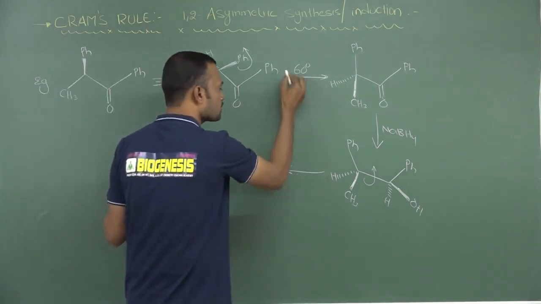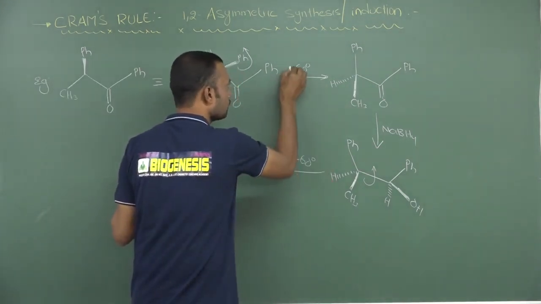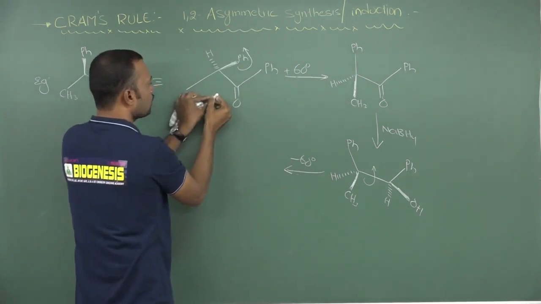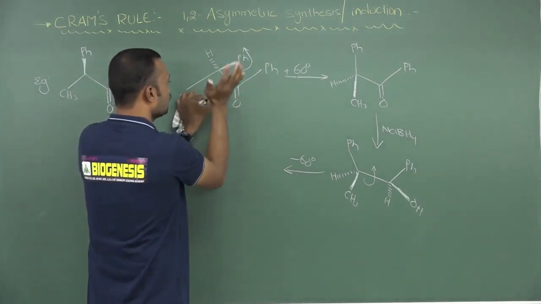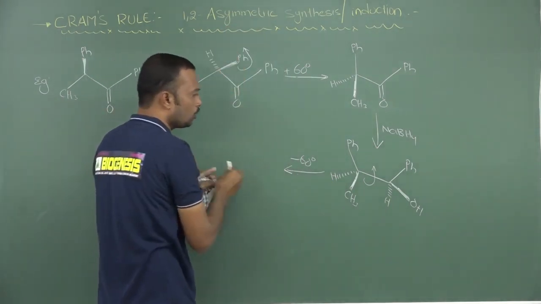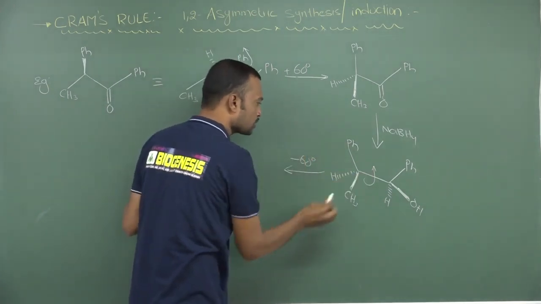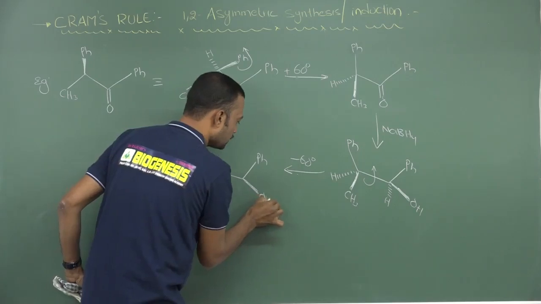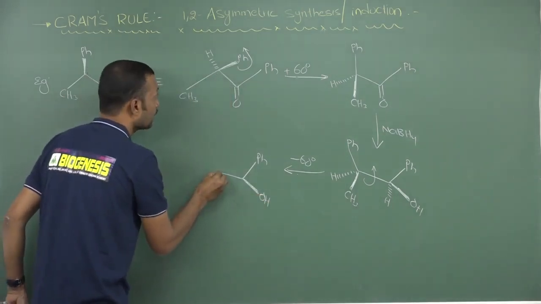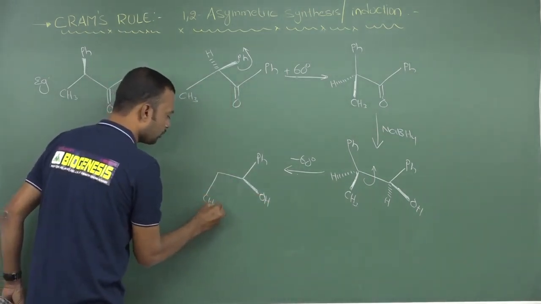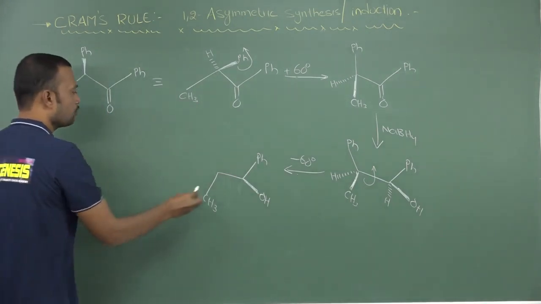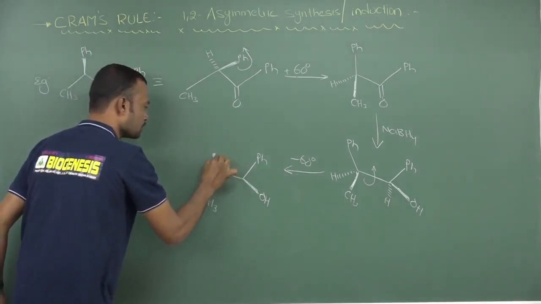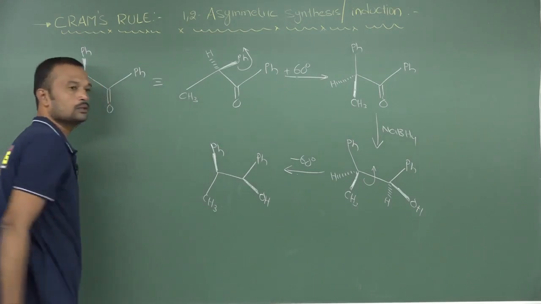So suppose if it is plus 60, now it becomes a minus 60. We press it like this. Suppose the molecule is like this, now we press it like this, it goes exactly in plane. Now if you make one more minus 60, you will get this. This is Ph and this is OH. Next, here you may get the methyl group exactly in plane, and phenyl is going to be represented like this. That is the answer.